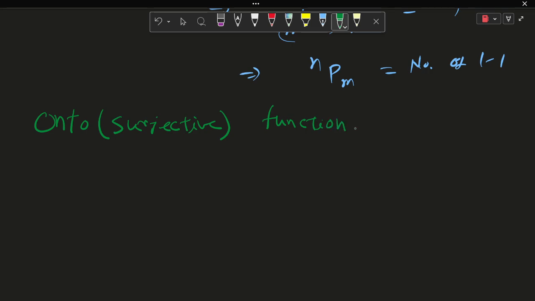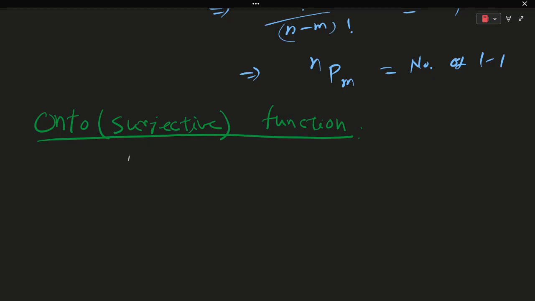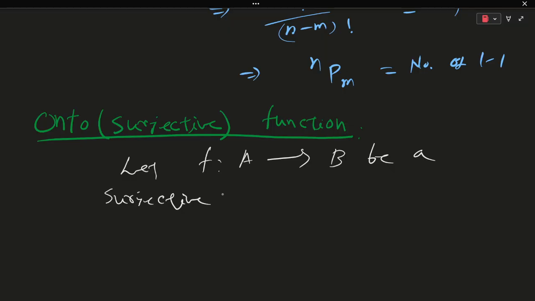Functions or mappings, right? So onto or surjective function. Let f from A to B be a surjective function,